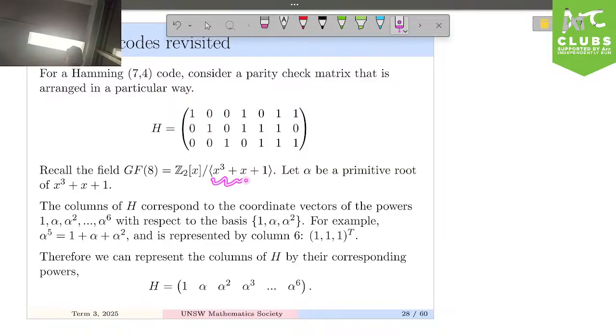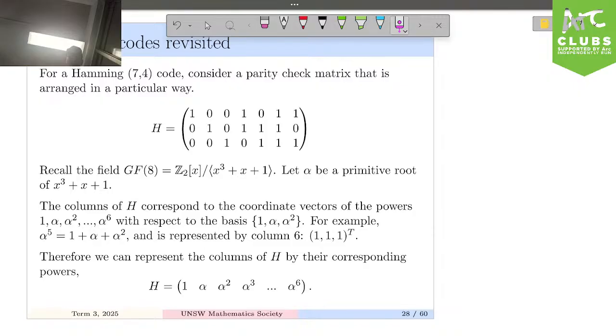So, in particular, if we look at this, this is our minimal polynomial. If that's our minimal polynomial, then we can generate one of those tables that we did before, right? And so what we would find is if we generate this table, alpha cubed would be equal to alpha plus 1. Okay? And so each of these columns represents the 1's unit, the alpha unit, and the alpha squared unit. Okay? So that's how we're going to reorder our parity check matrix.